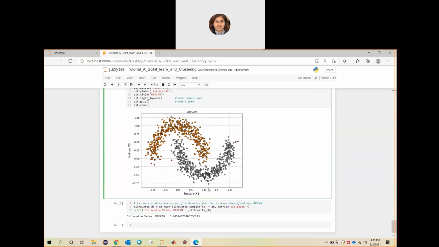Just install Jupyter Notebook. If you don't have time right now, you are taking multiple courses, try to spend some time over the summer. Just install. It will take just 10-15 minutes to install and then practice the code. If you are familiar with Python, it will be easier. If not, then that's fine. Python is not that difficult to learn, actually.